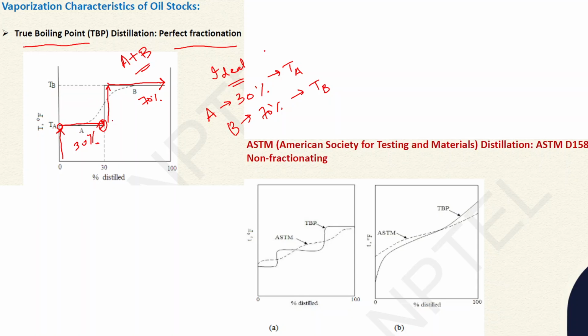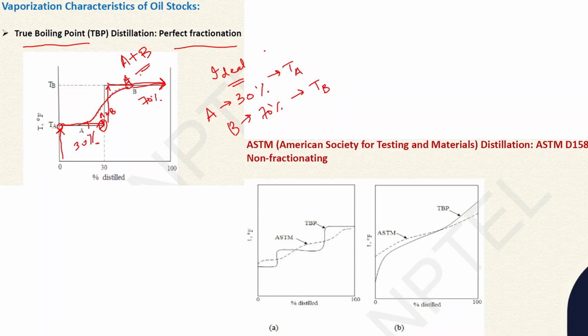But obviously, this is not the ideal condition. Ideal condition never happens. So practically, what happens is when we increase the temperature and TA is reached, A starts to come. But after some time, the temperature again starts to rise, and from here we can see that a mixture of A and B starts to escape. This mixture of A and B escapes till A is completely exhausted. Here, complete A is exhausted, and after that, only B is escaping. Okay, so this is what happens.